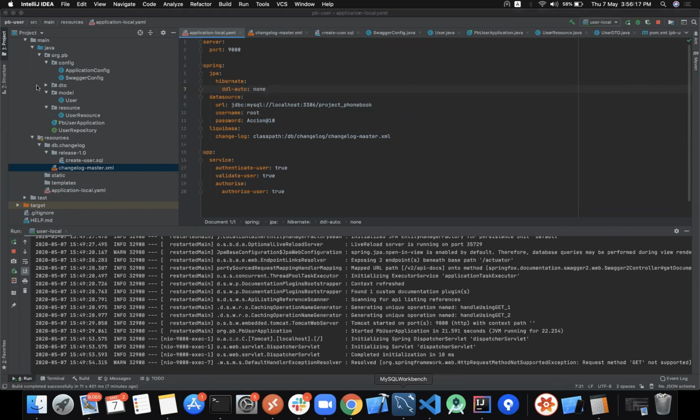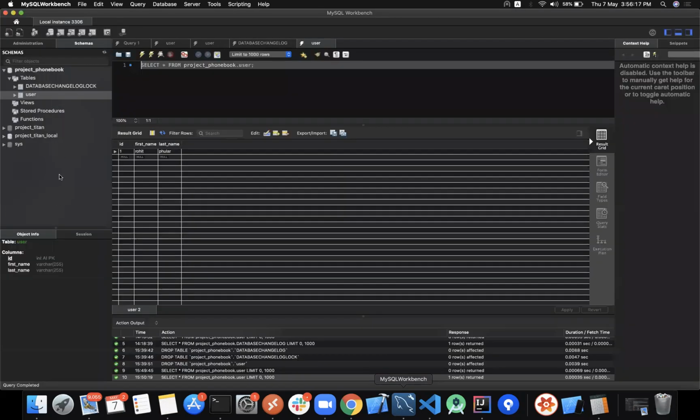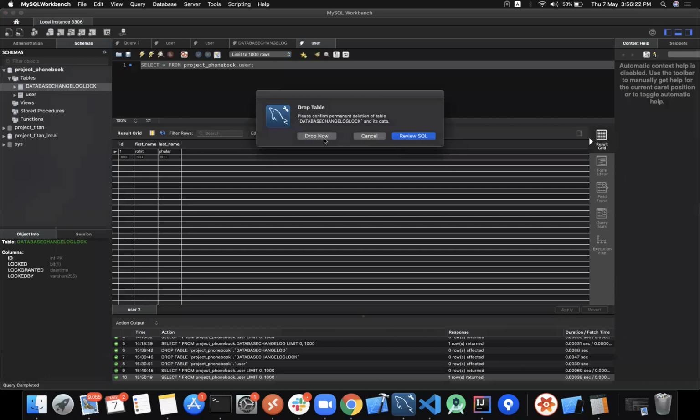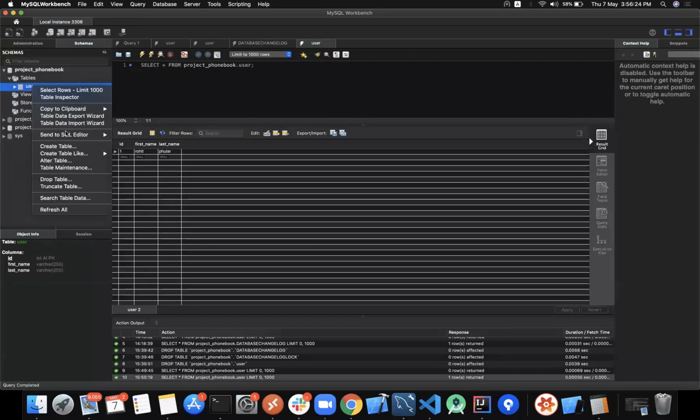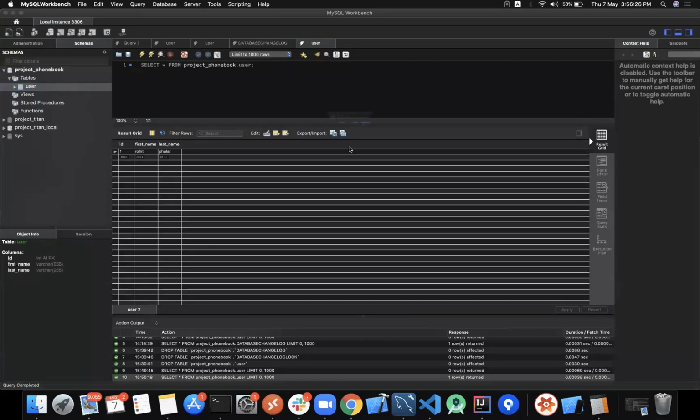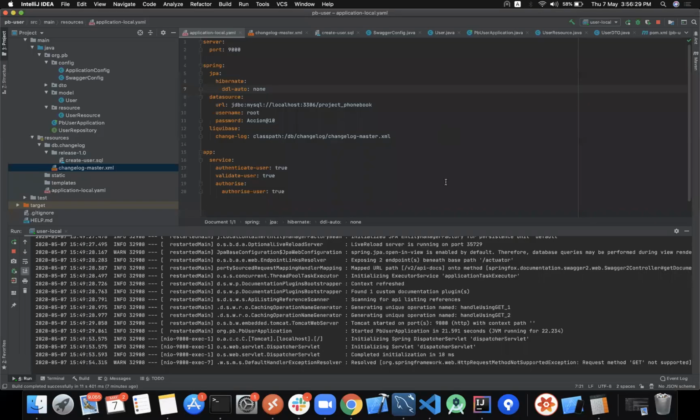I'll drop those tables for now so that we can see that it is getting executed. Drop table. Okay, so that's dropped. I'll just spin this up again. And if you can see,